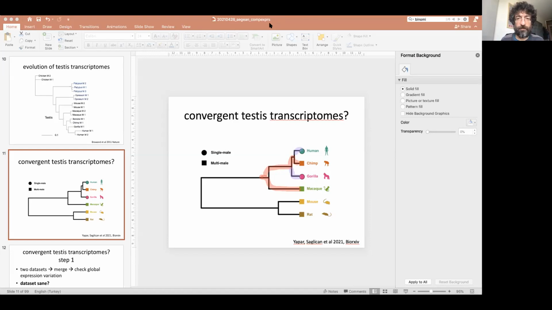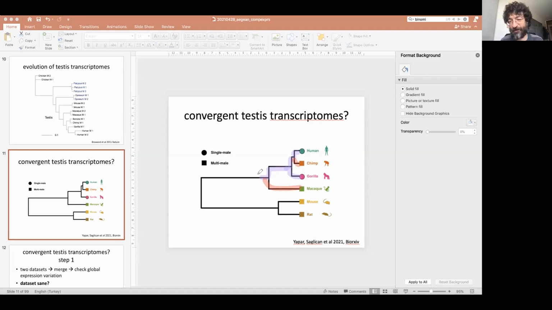Or here we could have evolved a single male version, and then on the chimp branch, you might have multi-male. Yeah, it's equivalent basically, right?